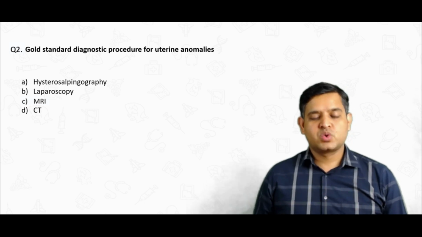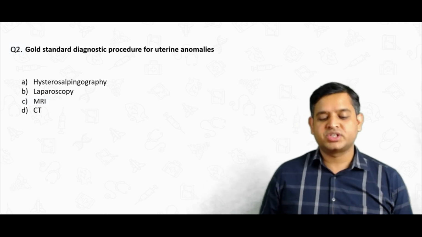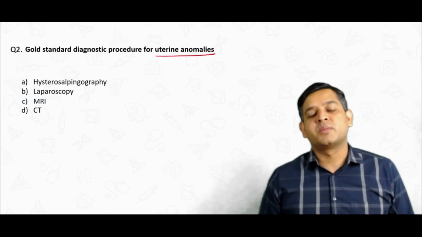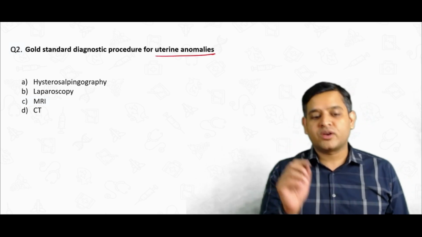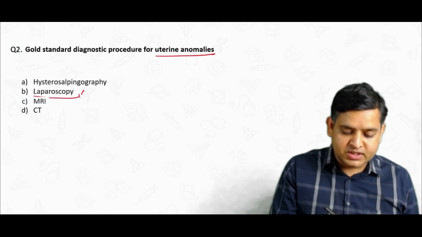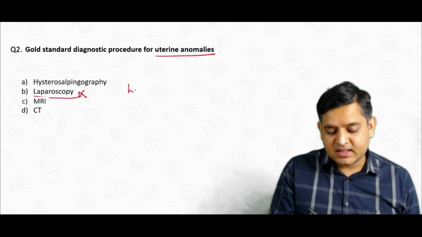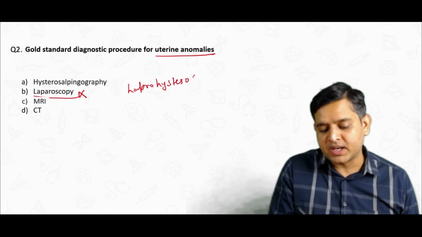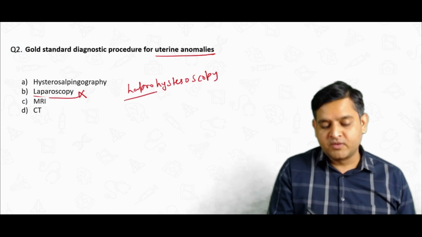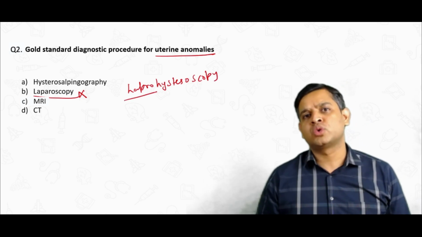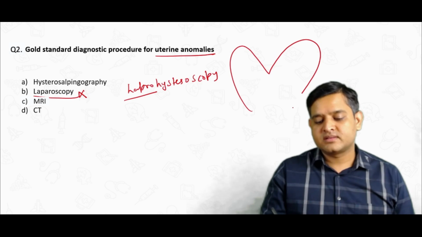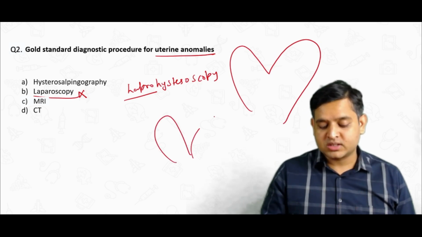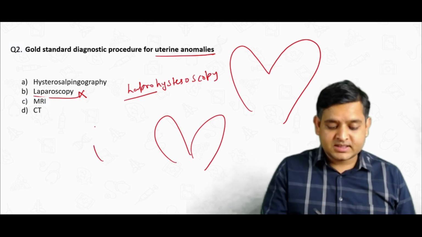Next question: gold standard diagnostic procedure for uterine anomaly. Now please see, it's a uterine anomaly. Now I'm sure that a lot of you have marked the answer as laparoscopy, which is a wrong answer. Please remember, the answer actually should have been laparohysteroscopy, because laparoscopy will tell you the outer contour of normality, like arcuate uterus, like bicornuate uterus, whereas septate